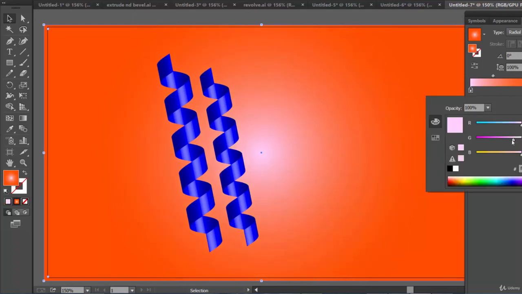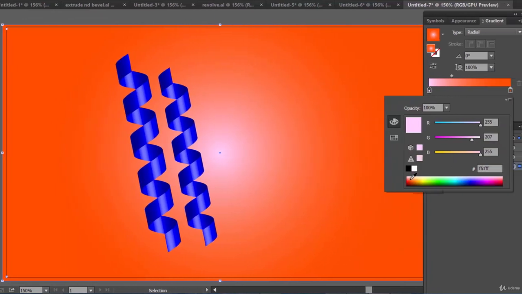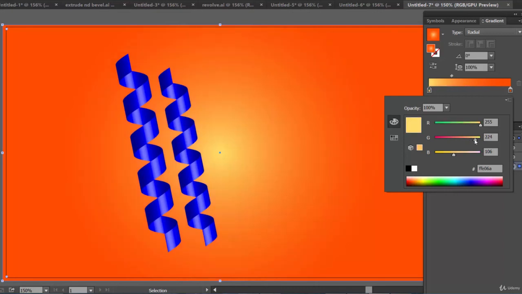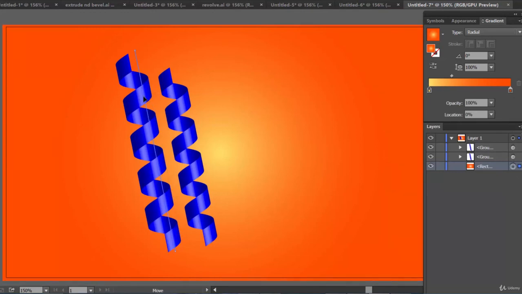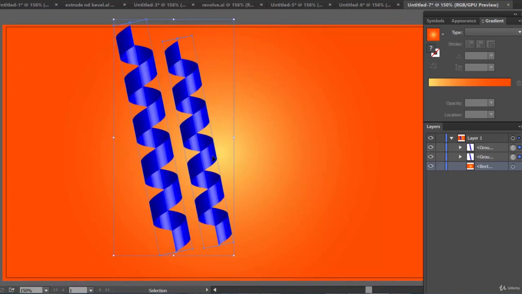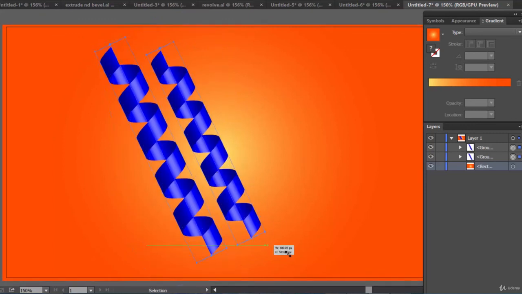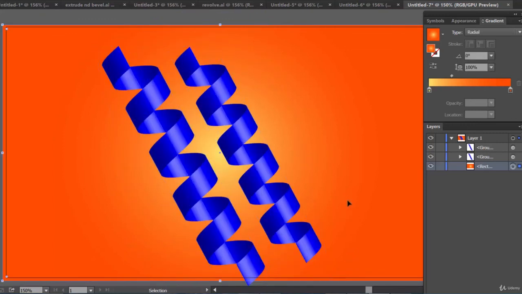And this one, something like this, or even lighter than that. Now let's select these two. There you go.